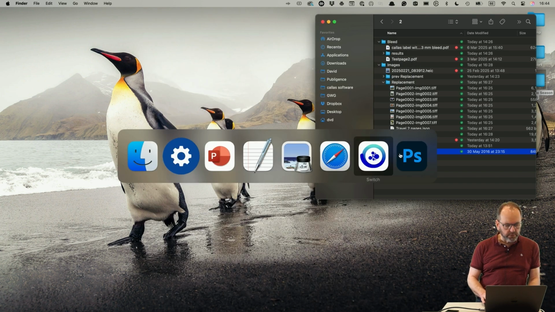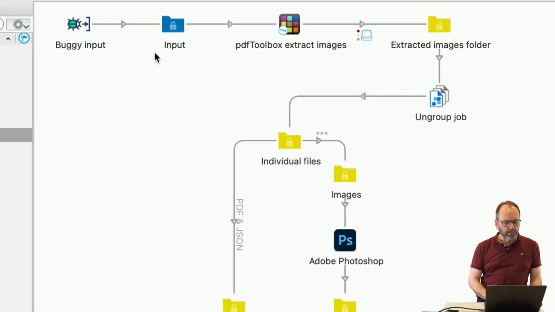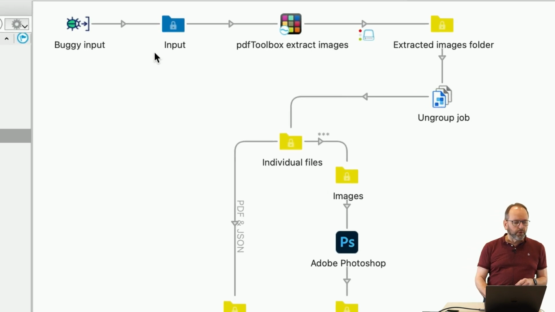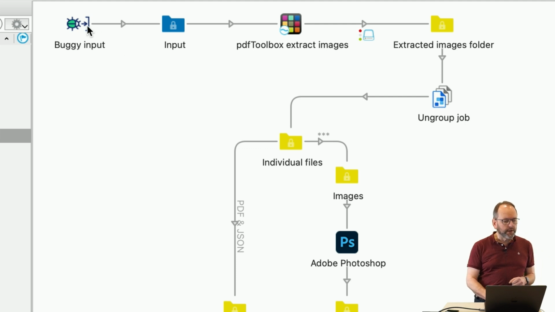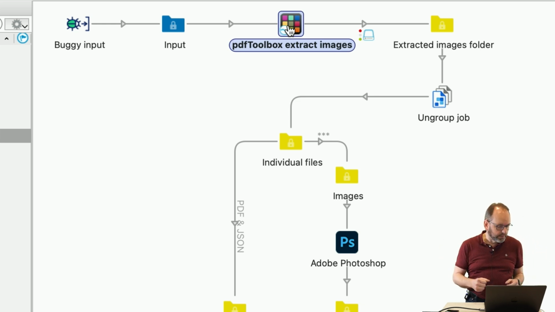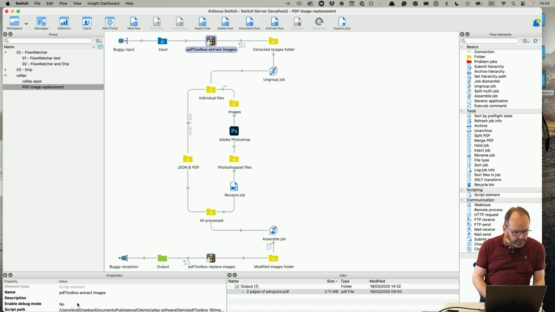And now I want to look at Switch, and I'll explain what happens. This looks very complicated, but it really is not. So I'm of course using Buggy here that will pick up that file that we looked at and it will put it in the input folder. And then you have this new version of the app. I'm using it as a script because the app hasn't been published yet. But you have this thing here, and if I look at the properties for that,